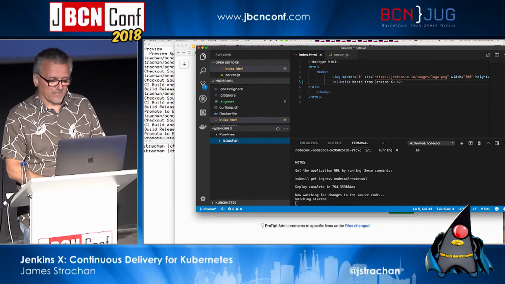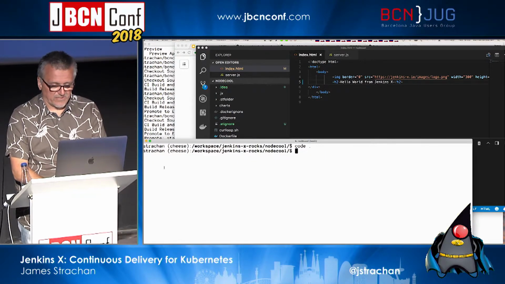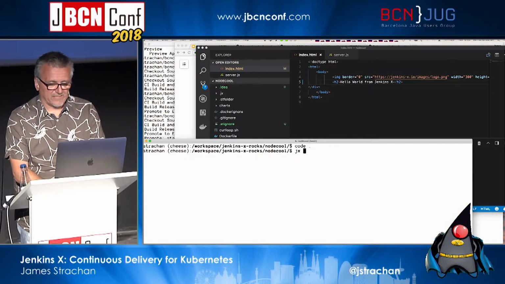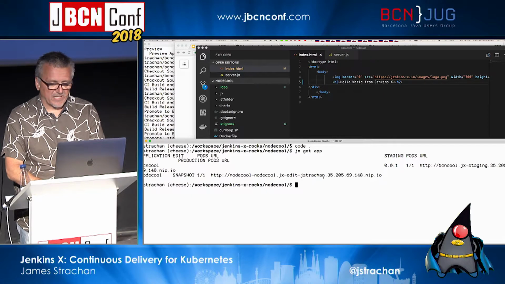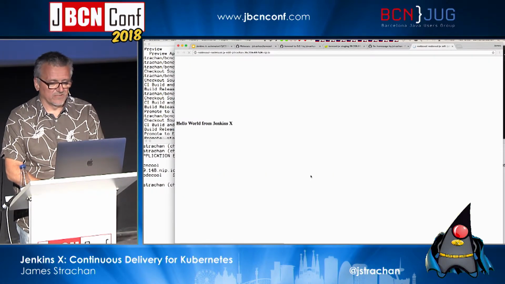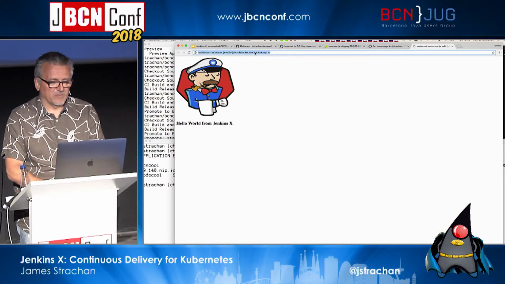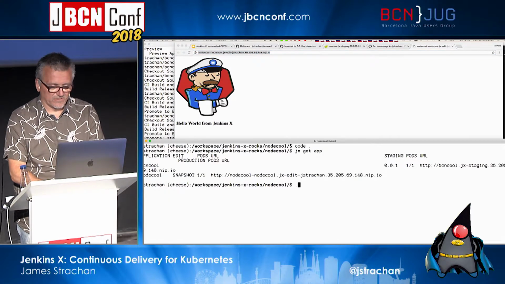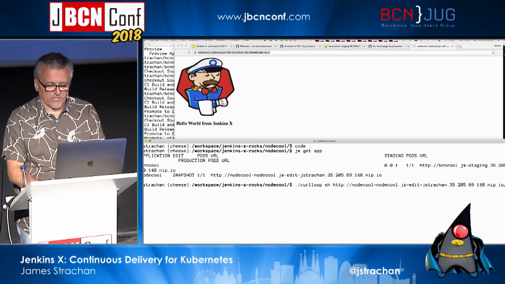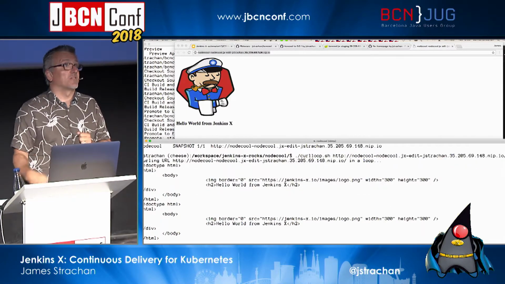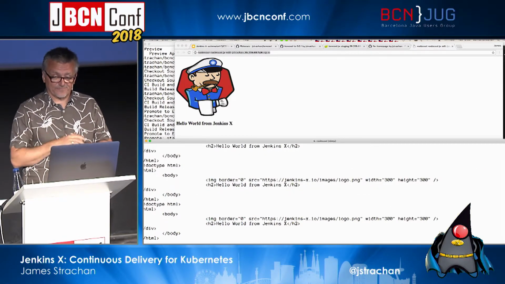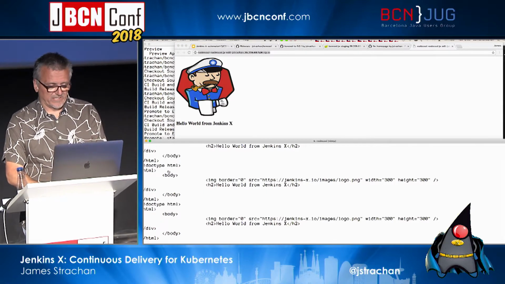Maybe just close that a second. If I go into JX get app, this is going to wrap horribly, but there we go. So this is the application which is now being deployed, which I can open in my browser. So there's the application running. I'm actually going to write a curl command to curl that page. So this is just a simple shell script which is going to curl that endpoint, right, on the public internet. Now if I go back to my editor,